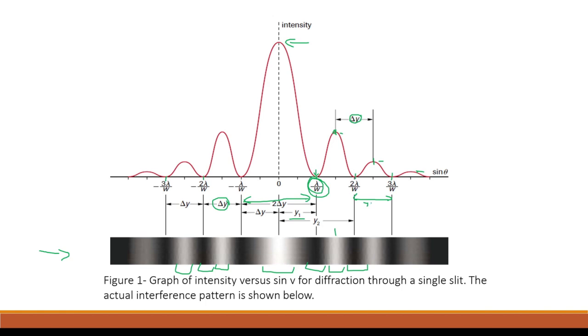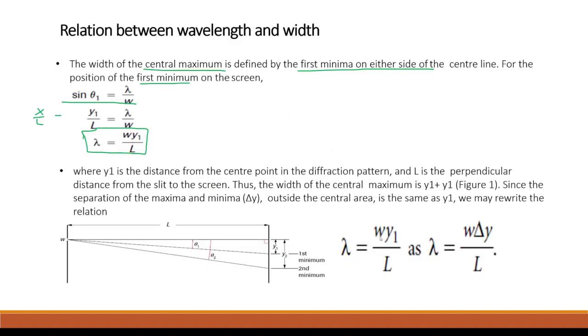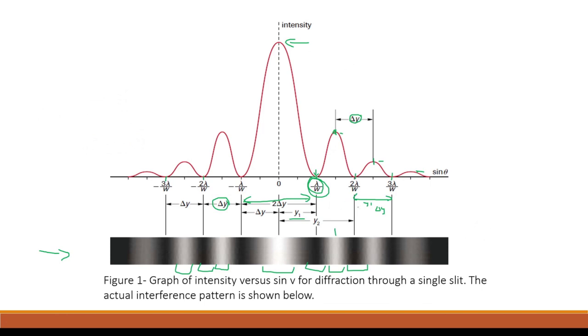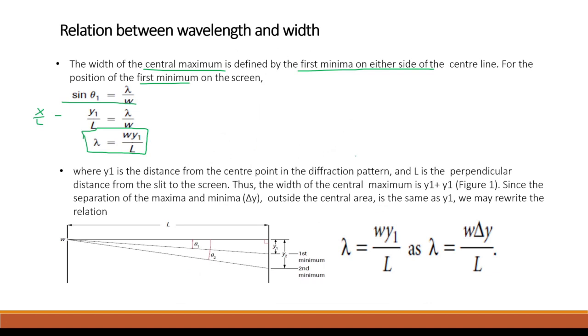For this picture, it's the same as y1 and delta y. And so everywhere except the central maxima, we see delta y equaling y1. Only in this central area is that not true. So we can say that since the separation of the maximum and minimum delta y outside that central area is the same as y1, which we just noted,